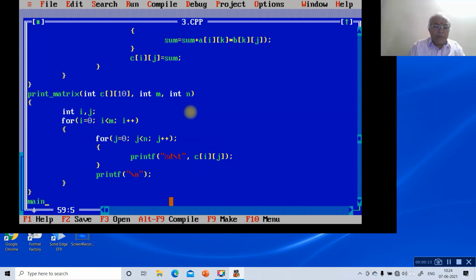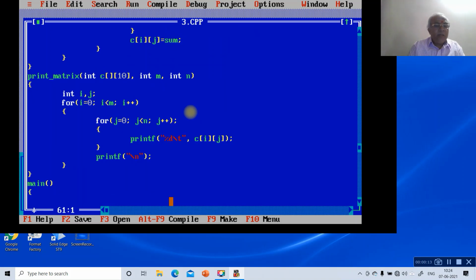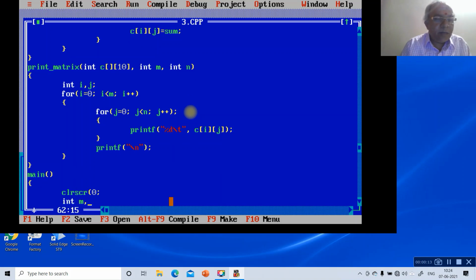Now we will write the main program. To do that, clrscr(), then int m, n, p, q, a[10][10], b[10][10], c[10][10].